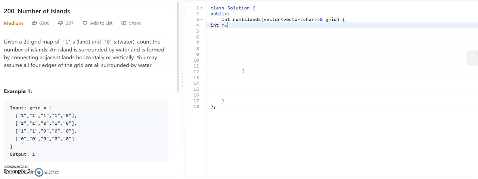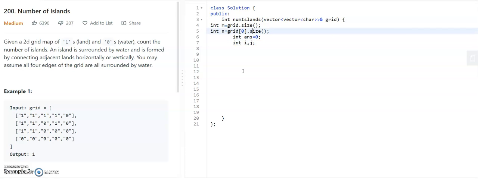Let us take the dimensions of the grid. Let us take answer as the number of islands, and i, j. Okay, cool.